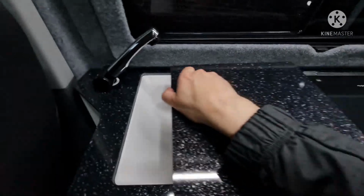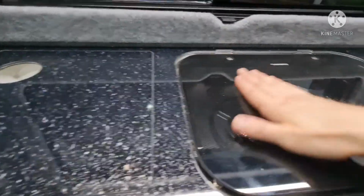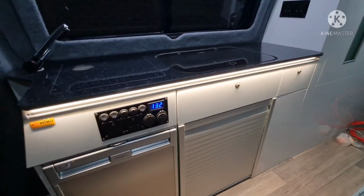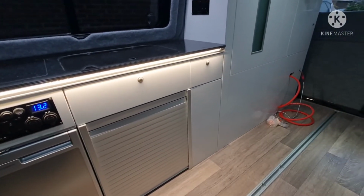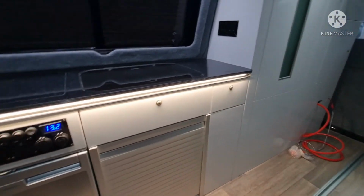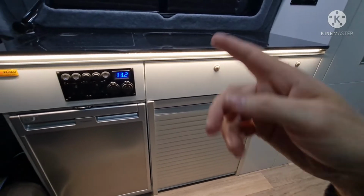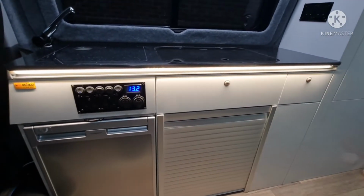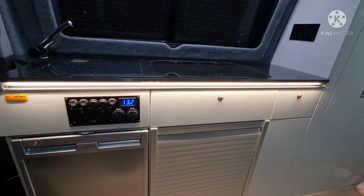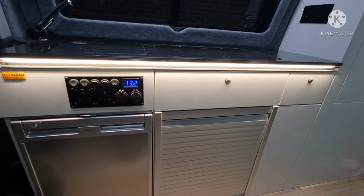But at campsites anyway, if they've got good facilities, I tend to go and use the wash stands at the campsite, because it's usually hot water and it's a decent little place to go and do your dishes rather than having to sort of do it inside your van. But that's okay for doing the odd, you know, just washing a cup out and making a cup of tea, that kind of thing. And if I were to be wild camping and not at a campsite, then at the minute I've got the